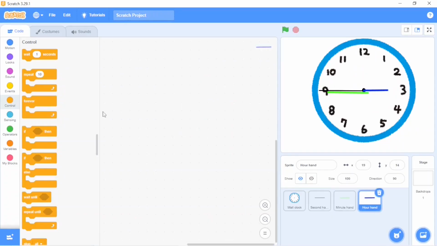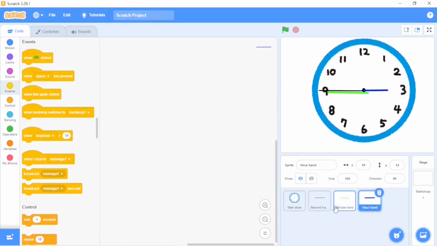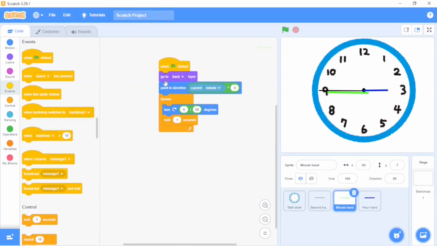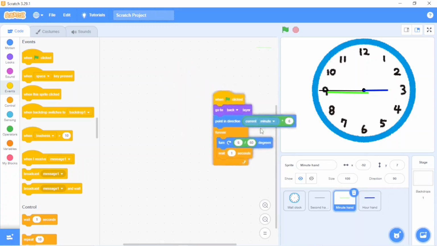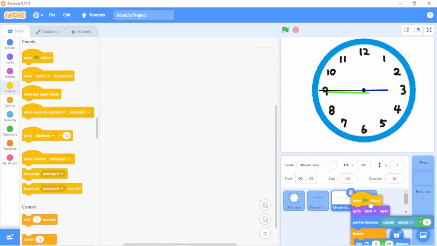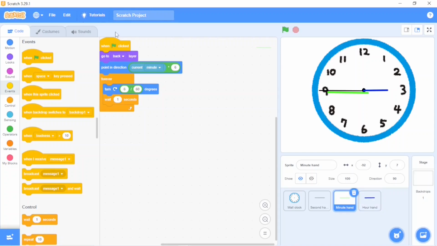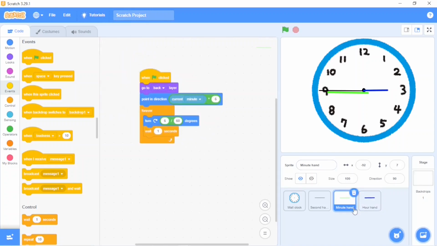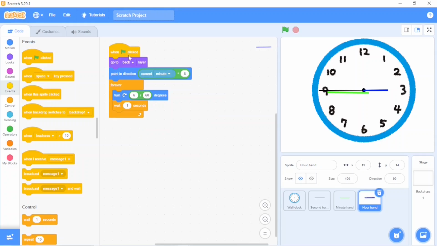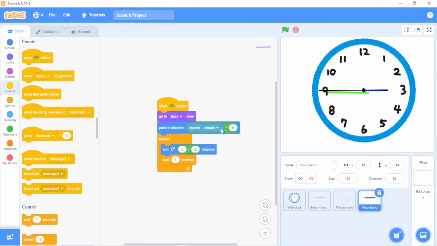Now go to the hour hand and I can do a short trick. Instead of making the whole code, it's the same code. So just take this and drag it to the hour hand. And just keep the minute block over here. So there are a few changes.